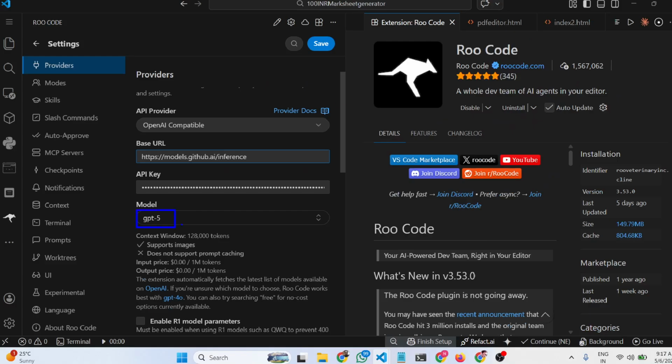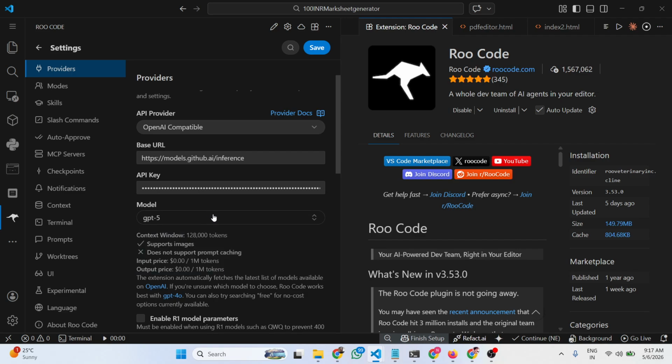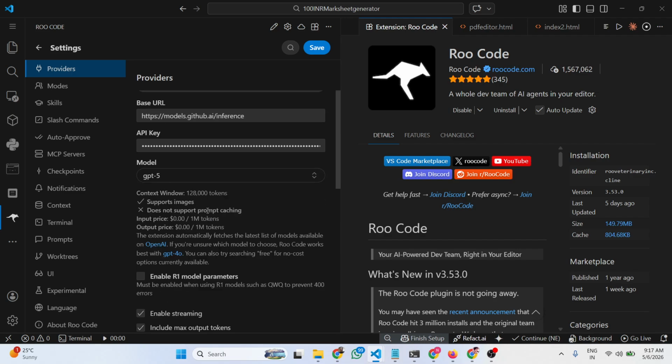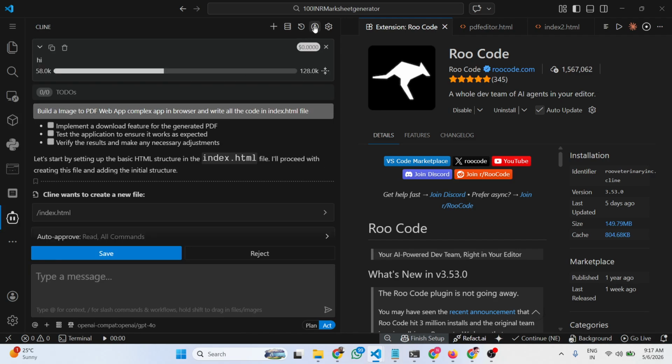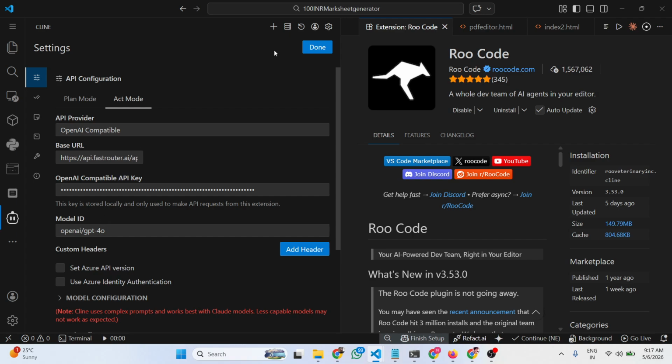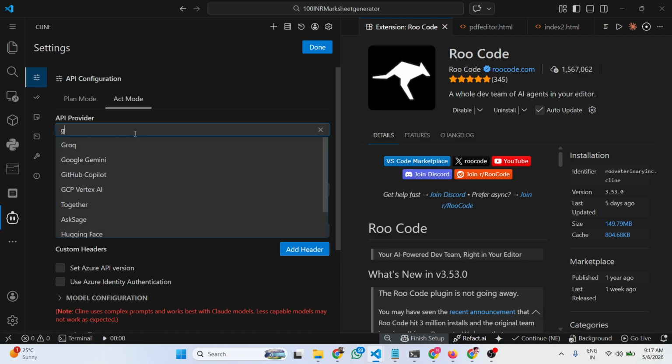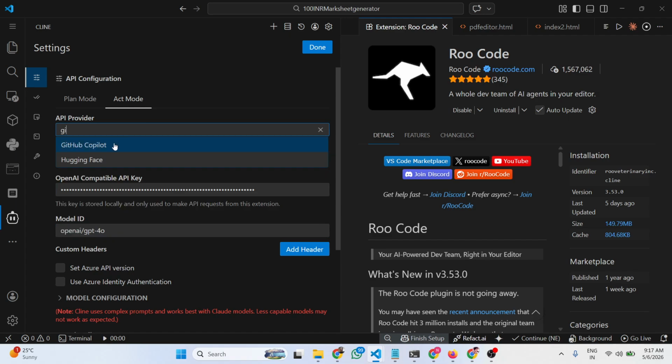And now for the model, all the models should show. If the model is not showing here, you can use another extension, Cline, which is a very popular extension. The same goes right here. I think they support GitHub or no. So OpenAI compatible, simply